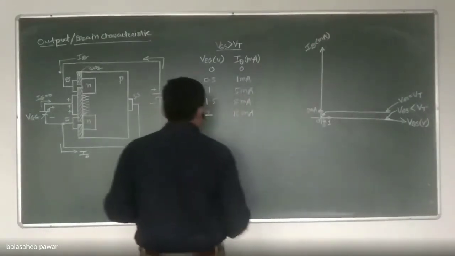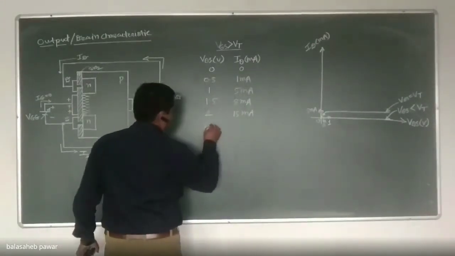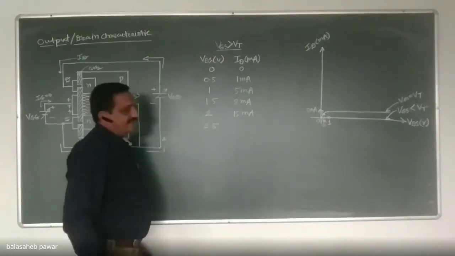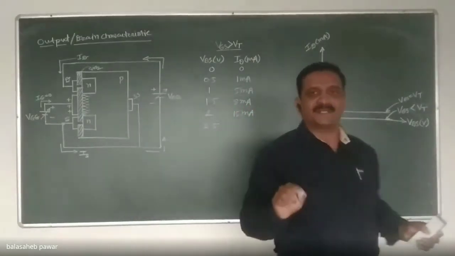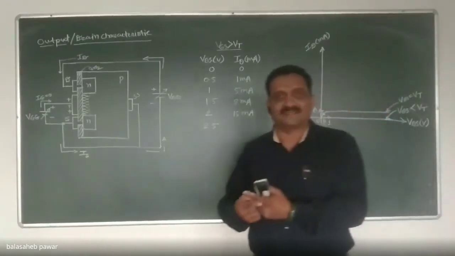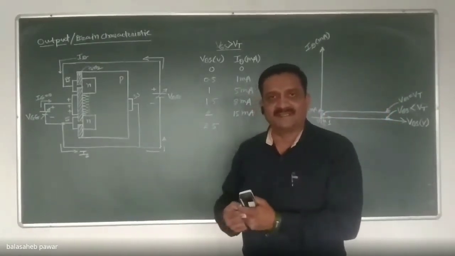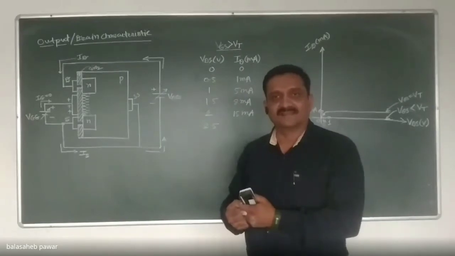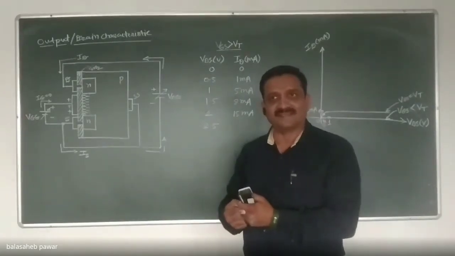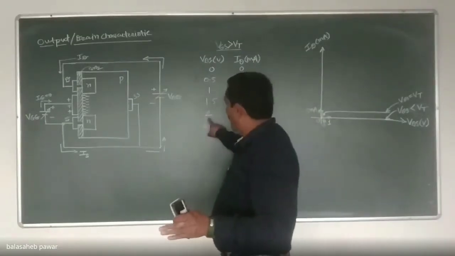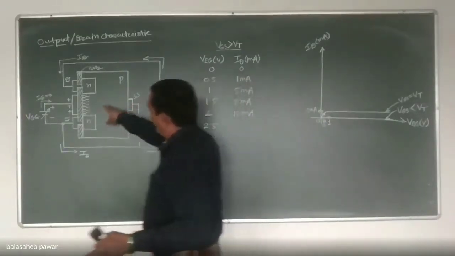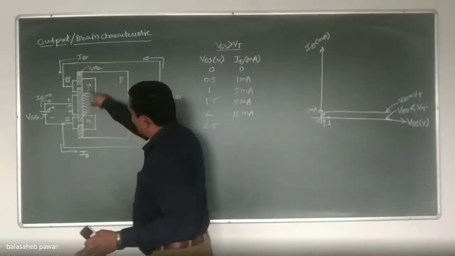Now again the same question. If I applied that VDS, if I increase it to 2.5, what will be the effect on ID? ID will remain at 15 milli, or will it get increased above 15 milli? What do you think? Will it get increased? Remain same, sir. Yes, it will remain same because by this 2 volt VDS, already I considered that 150 number